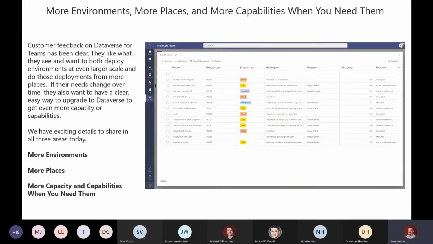We've also made some changes to make it very easy for you to be able to do an essential in-place upgrade. So if you've built out something within Teams and you're starting to reach the max capabilities of it within Teams, you can take that database and convert it to an actual production environment. So that is really nice. There's a lot of work being done to make that as seamless as possible.